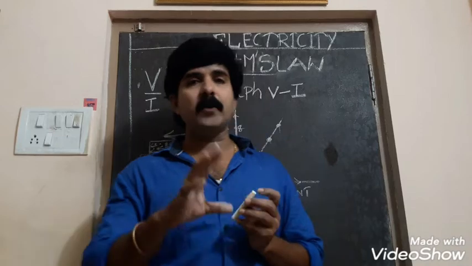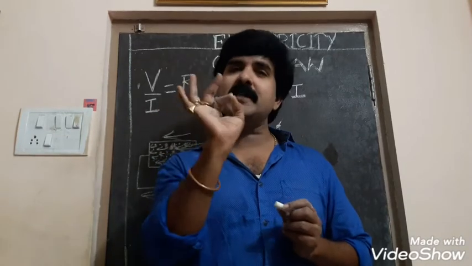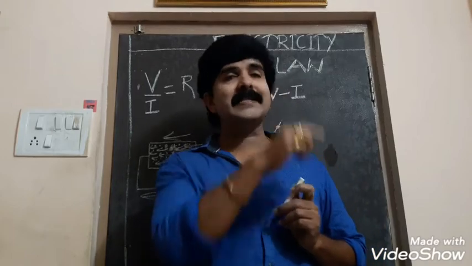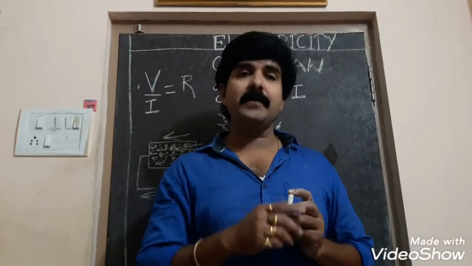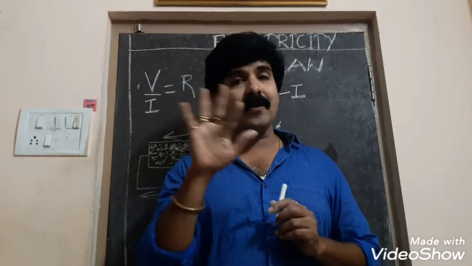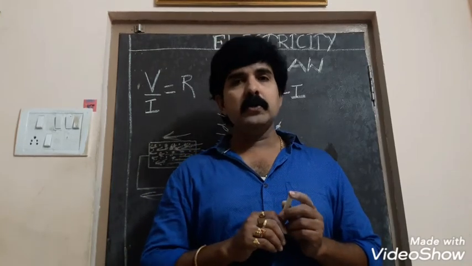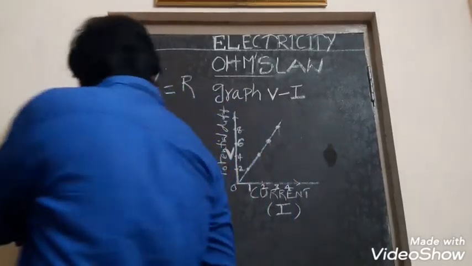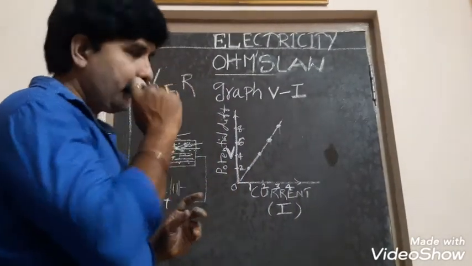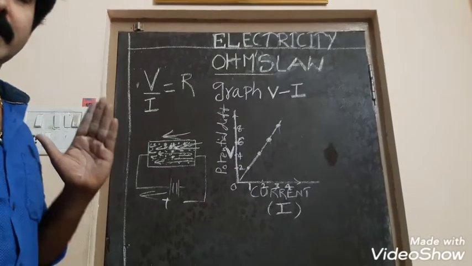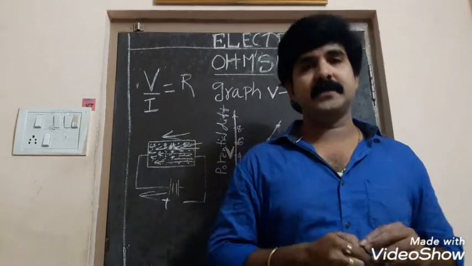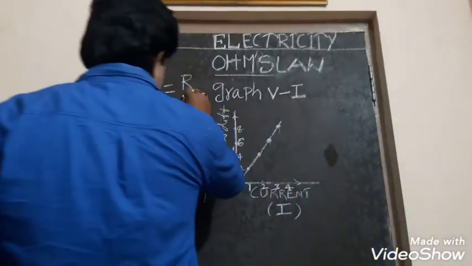If you take nichrome and tungsten, they are the best resistors. That's why they have been used in electrical bulbs and in appliances like heaters and iron boxes. So the nature of the material varies from metal to metal, conductor to conductor. This is the concept of why metals or conductors offer resistance, which we call R.